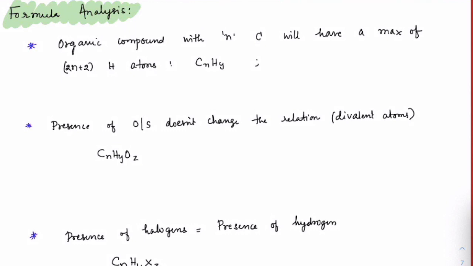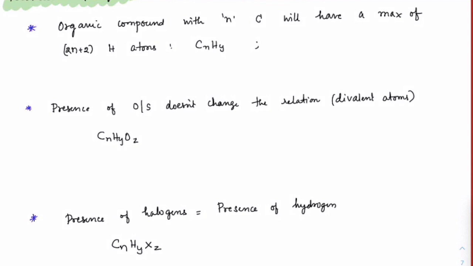Formula analysis is the case where we try to find out the maximum number of hydrogens that must be present. Based on that, we can start commenting on what would happen to the molecule if it has any double bond equivalent, and whether there is any cyclic structure or not. This is something we can analyze.